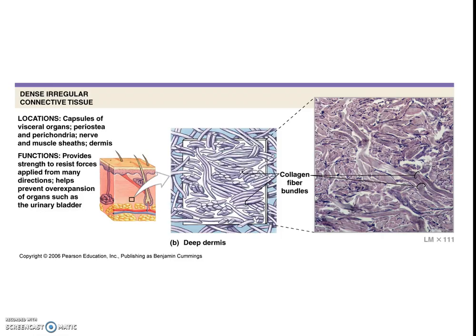Now we see an example of dense irregular connective tissue. Irregular means that in this case, the collagen proteins are running at all kinds of different angles. They're not all running in the same direction like they would be in dense regular connective tissue. This is the type of tissue we would find in our deep dermis, this lower, thicker layer of skin. And of course, the advantage of this is the fact that because we have fibers running at different